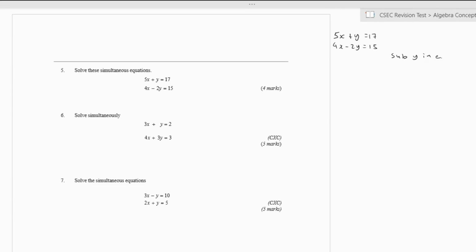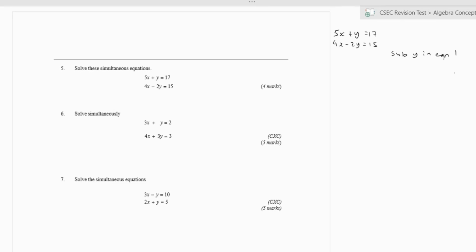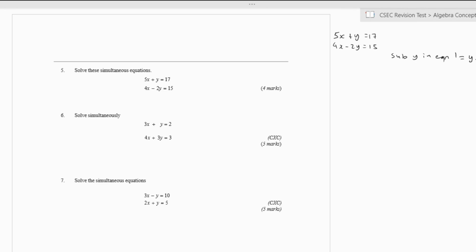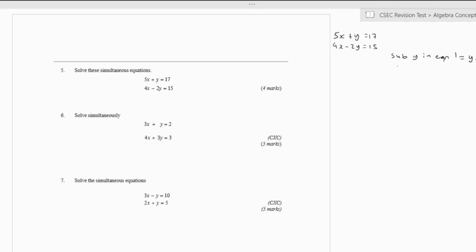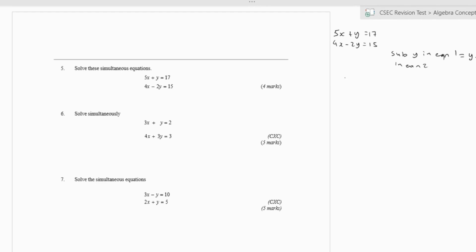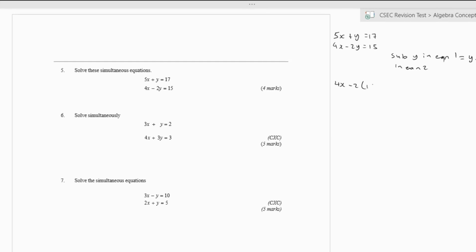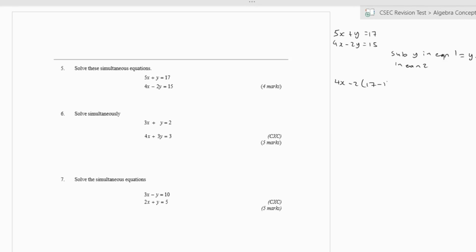y, from equation 1. So our y will be equal to 17 minus 5x. We're going to substitute that in equation 2. So we will have 4x minus 2, and our y is equal to 17 minus 5